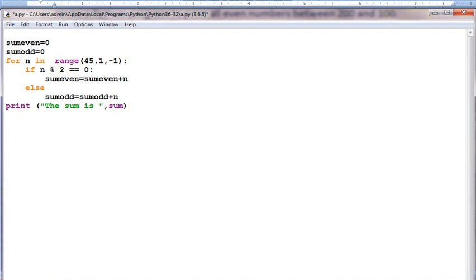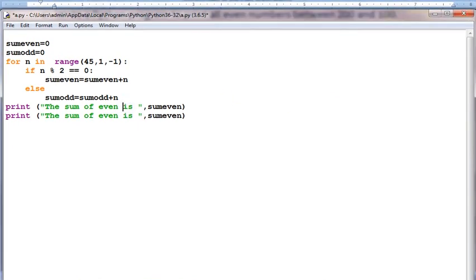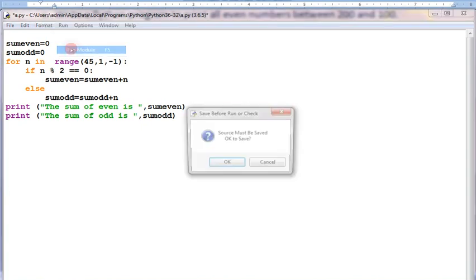Now, if you wish to print the result in two different lines, we have to write here: sum of even is sum even, and sum of odd is sum odd. So how can we write that? Let's try this. Let's make it odd. In place of even, we have to make it odd. In this case also we have to change it to odd. Now after the sum of even, automatically the sum of odd will come in the next line. Fine. So let's check. Two results we are supposed to get.